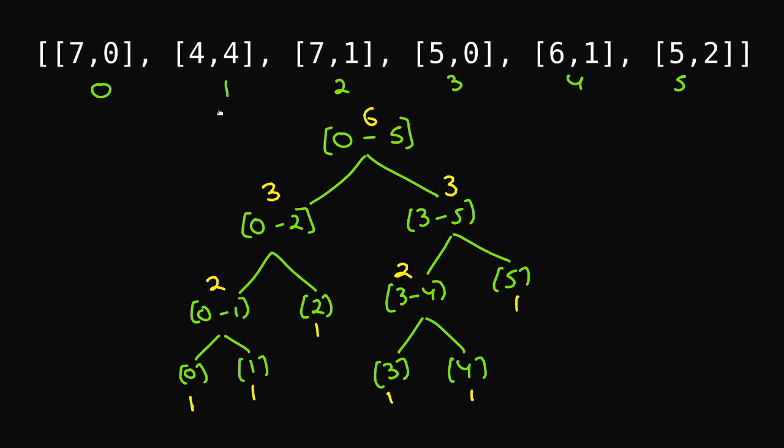Now, again, in what order should we proceed in order to obtain our answer? Again, we know that the first element that we are going to put is this 4 comma 4, right? So if I'm going to put this 4 comma 4, what I need to do is find the fifth position in the segment tree.